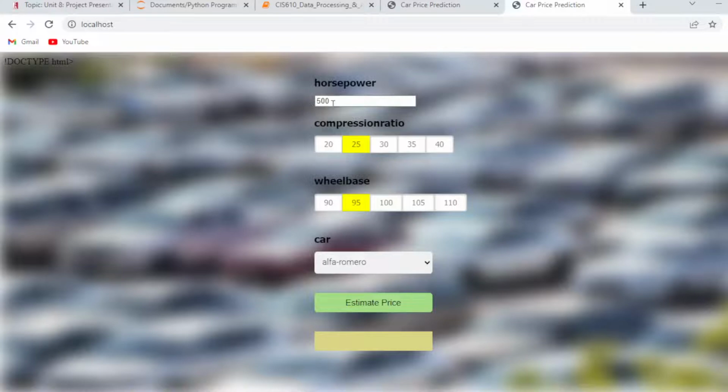You can put here the horsepower, whichever you want, maybe manipulate it to 450. Compression ratio, you can put it at 30 perhaps. Then the wheelbase, you can leave it at 95. Then we can choose a car like a Nissan,